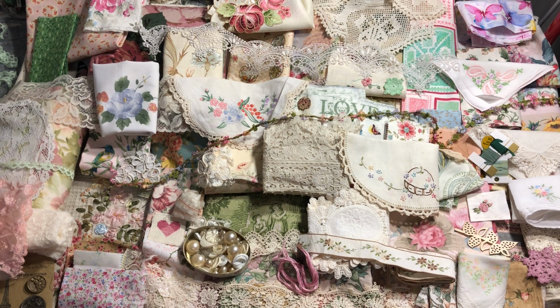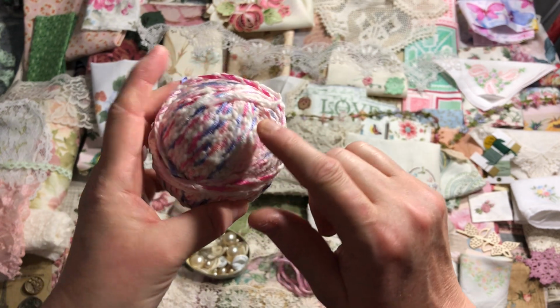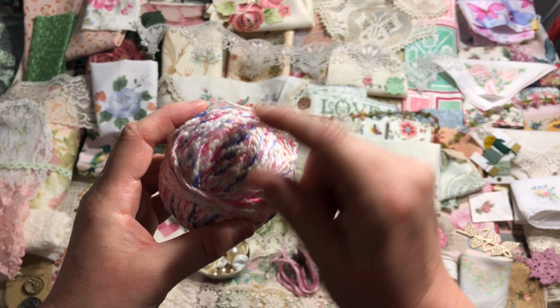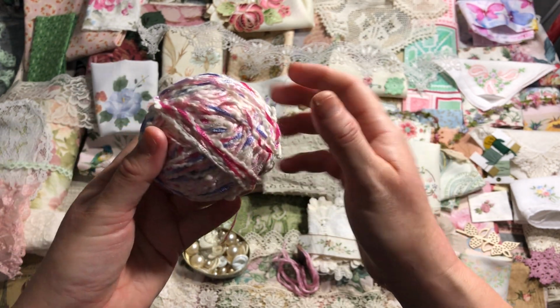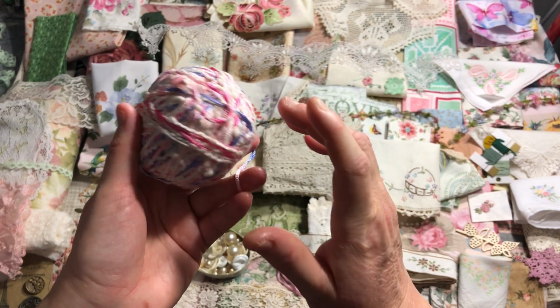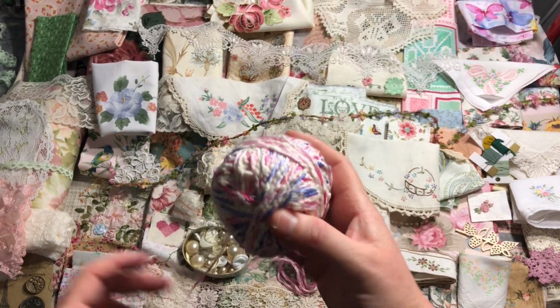Now recently Mum's still got a lot of Nanna's things as well that she's gradually going through, but she brought me around a bag of different yarns from Nanna, and this one's really fascinating. She said, oh, you've got to have a look at this one, and it's got little bits of ribbon and variegated ribbon woven through it. It's a beautiful soft whatever the actual wool component, but I'll definitely be using some of this either in the stitching,